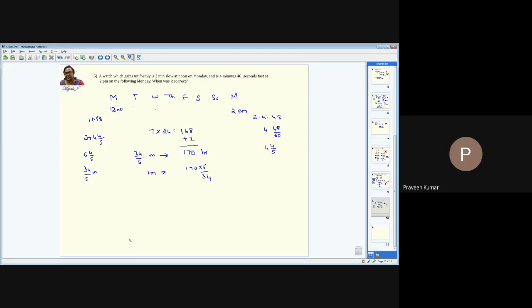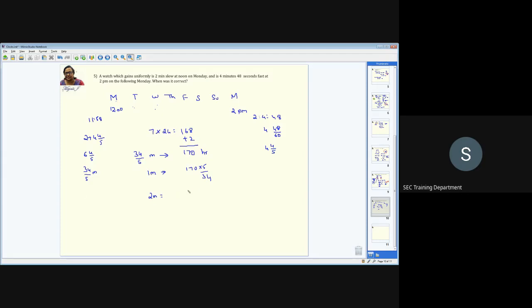Right. And this is like 1 minute gain. It's going to gain from here because of the gain only, because here it is lagging and it has come to extra 448. So this is a gaining clock. It is going to gain 1 minute in so many hours. So we have to see when it gains by 2 minutes, because after 2 minutes only it is going to be at 0 level, and after that it is going to increase.